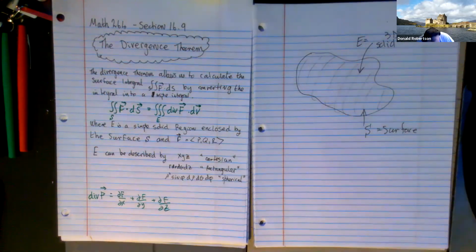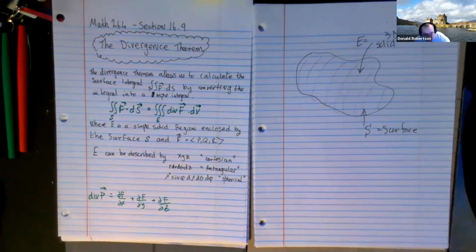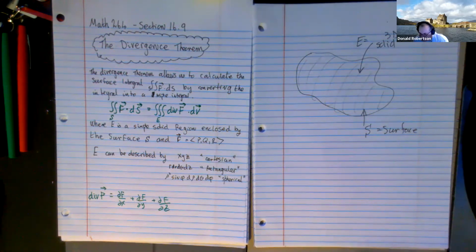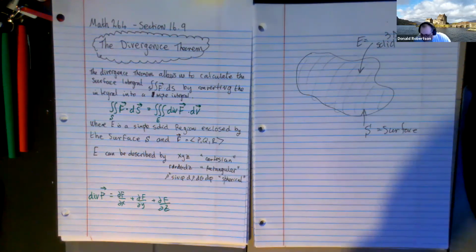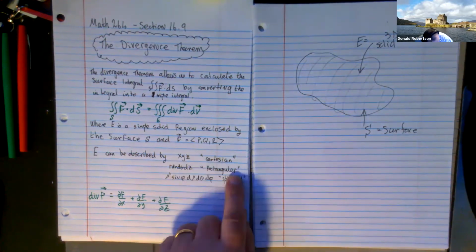And what we then do is we find the divergence of this and we do a dV. Now, since it's 3D, there are 3 versions of 3D integrals. We're going to look at today the X, Y, Z ones. That's where you describe E in terms of values for X, Y, and Z, and you do a dy, dx, dz, whatever combination you feel like. And tomorrow we'll look at